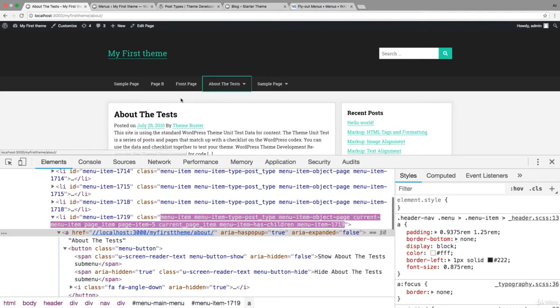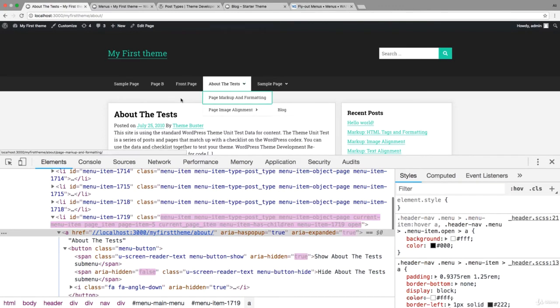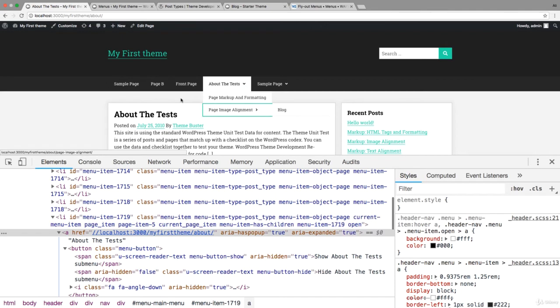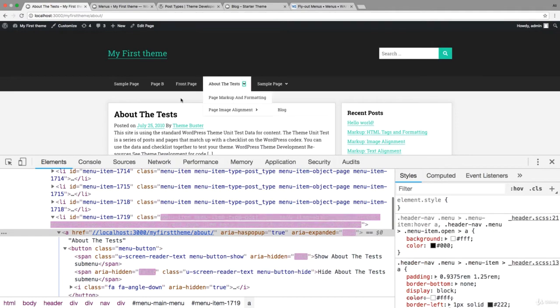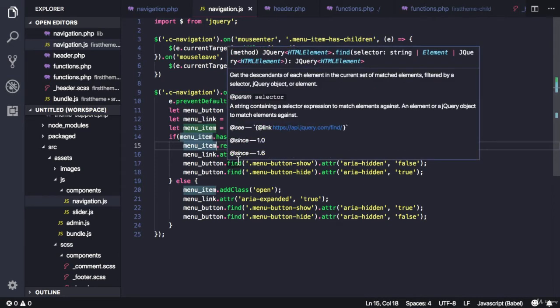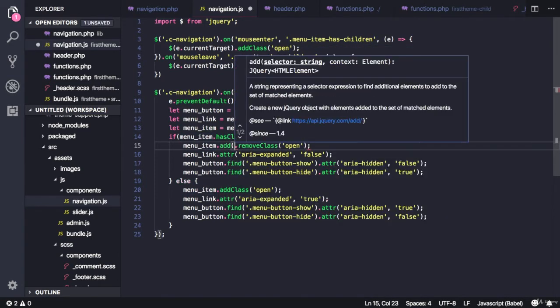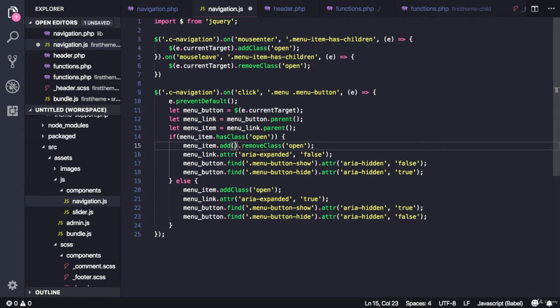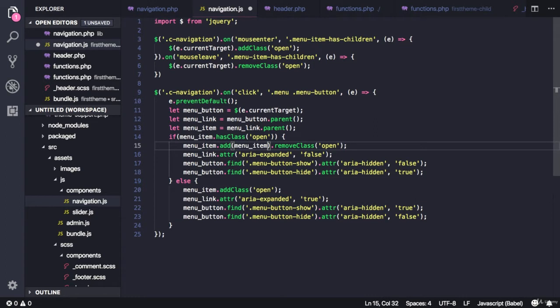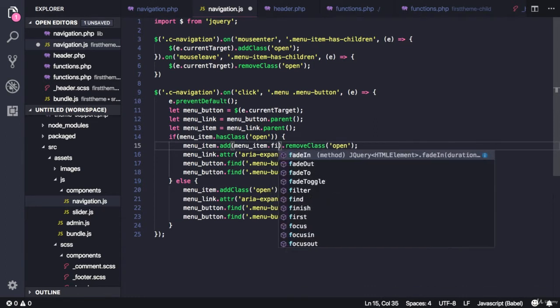So let's try something. If we now click enter now, and then we click enter on this one, it will toggle this submenu. But if we go back and close this one and then open it again, this one will still be opened. So when we close the menu, we need also to close its submenus. So let's do that. So instead of removing class open from the menu item, we'll add another thing. So add will add another element, and what we will add is menu item, which is the li, and if this li has children, we'll find them